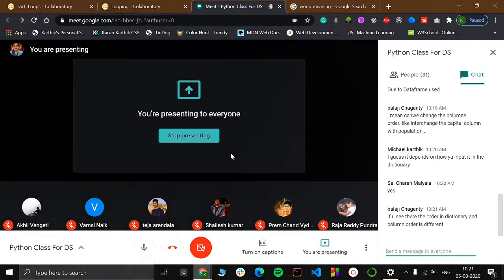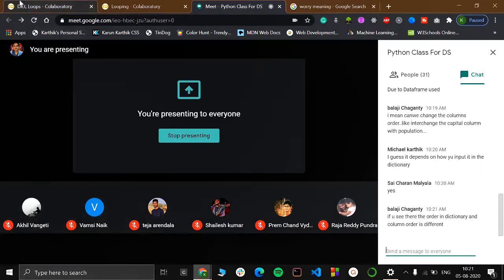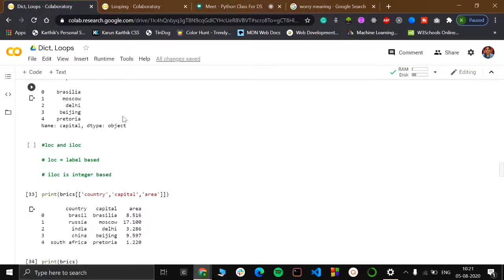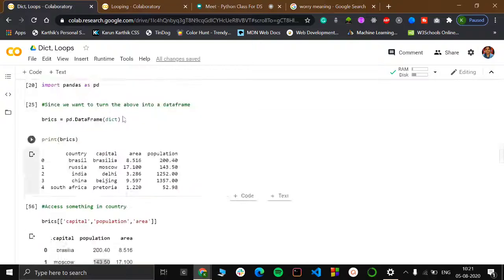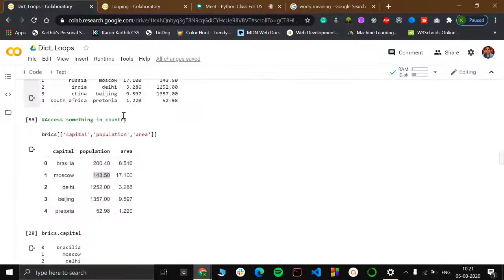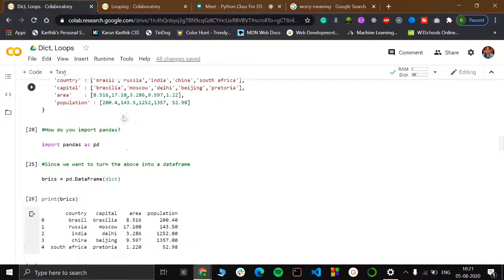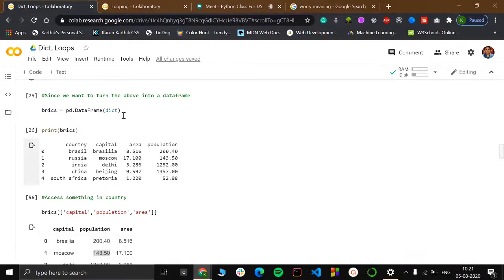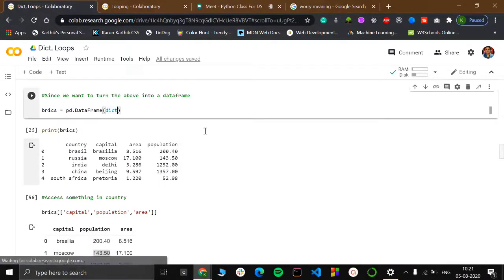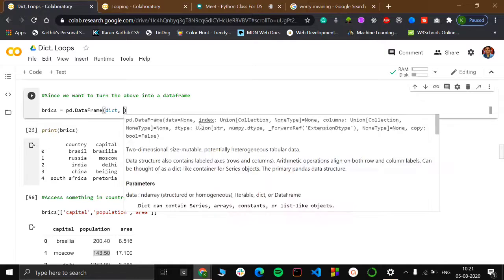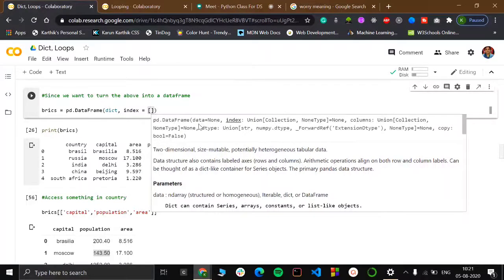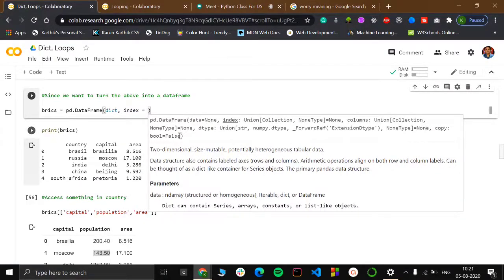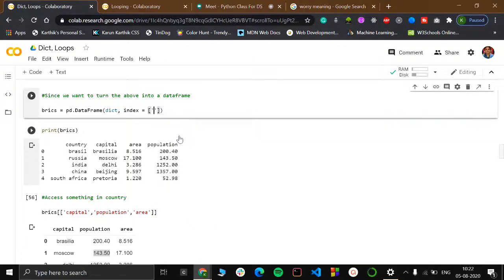If you see there, the order in the dictionary and the column order is different. I didn't notice any differences. Okay, so instead of you people getting confused, what I will try to do is, you are seeing this 0, 1, 2, 3, 4 and you are getting confused, right? So I'll replace it by